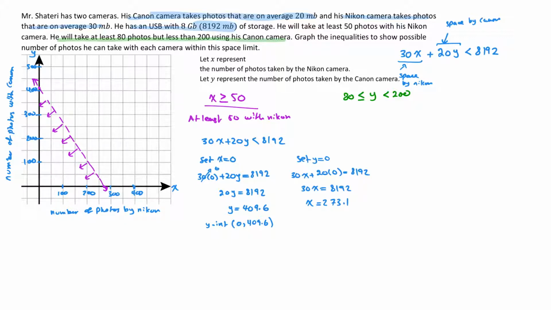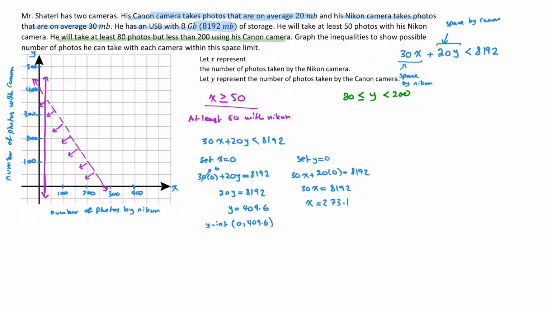Now, next thing I will do is this one over here. This one says x is larger or equal to 50. That one is actually really easy to draw. I just have to figure out where my x is equal to 50 is. It's larger or equal to, so I will have to actually draw a straight line. So x equals 50 is actually here. So I will draw a straight line going up, which is a vertical line,